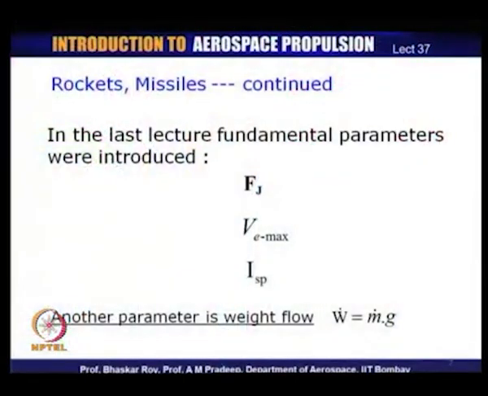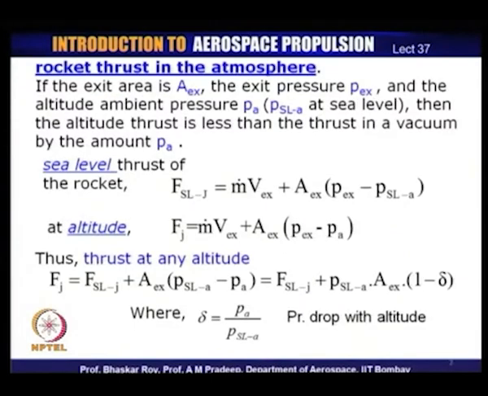So, in rocket engines, the flow rate which contributes to the thrust making is measured in terms of weight flow, and in simple terms it is of course the mass flow times the gravity. So, m dot into g. So, that is the weight flow that normally we would be using in our fundamental rocket science development. Let us look at some of the fundamental parameters that we need to deal with.